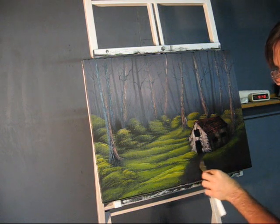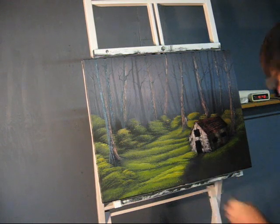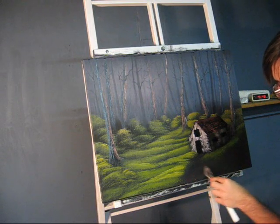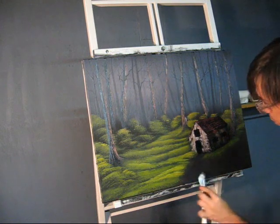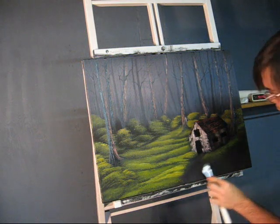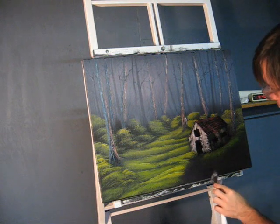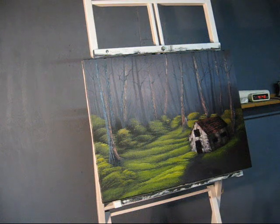You get kind of a different effect when the paint's underneath it than if it was just dry. It works a little better, smoother. I just like to play with the knife. Yeah, in the original, the cabin was a lot farther back. It was more up against behind those trees, but now in this one, those background bushes